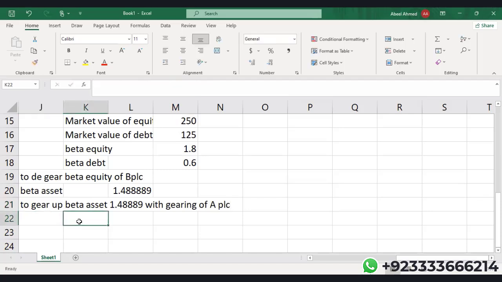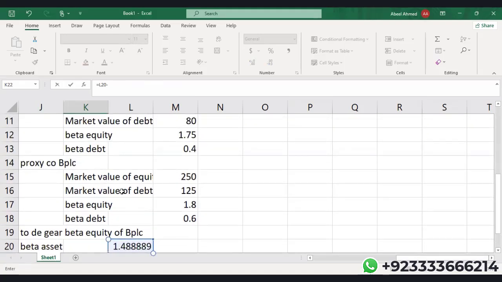Now that is very important. Beta asset. Now we have to go towards left hand and right hand side approach. Beta asset is this minus beta debt. We'll take beta debt of obviously APLC, which is 0.4,